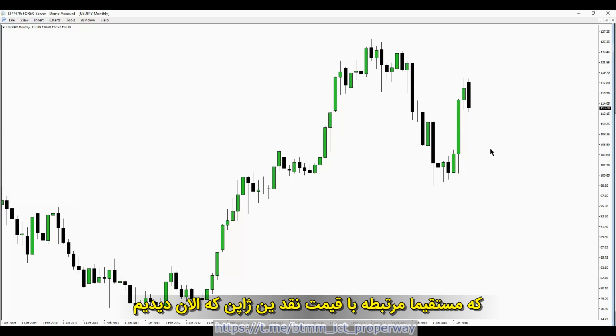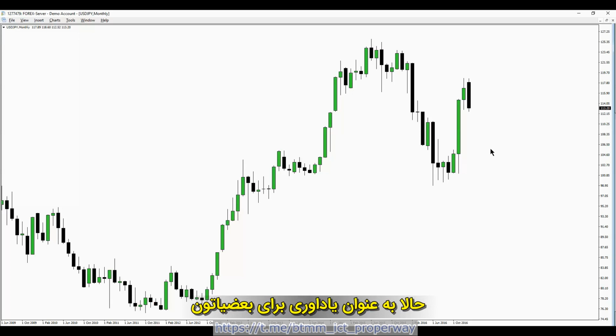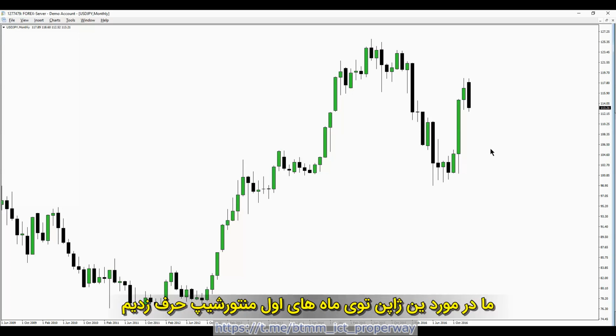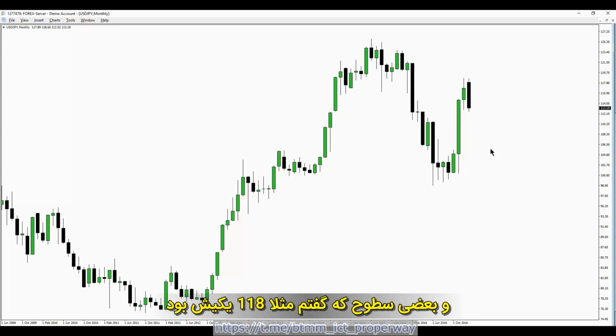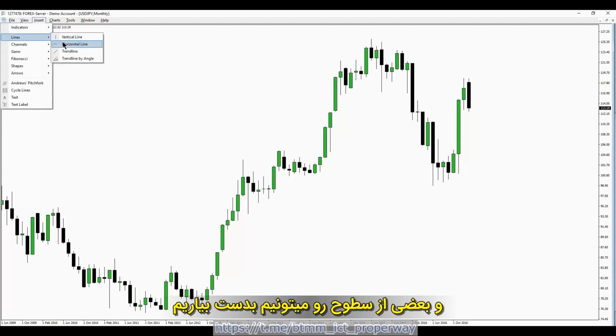Now, as a reminder for some of you, we talked about the Japanese yen in the beginning months of our mentorship, and I gave you some study points and gave you some examples about this move higher and some of the levels that we saw it trade to. The 118, for instance, was one that was mentioned. So if we look at what has happened and what's transpired, we're going to map out this monthly chart, and we're going to get some